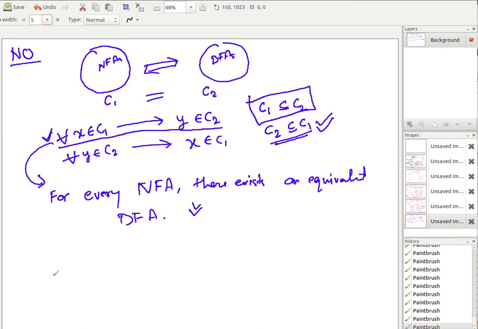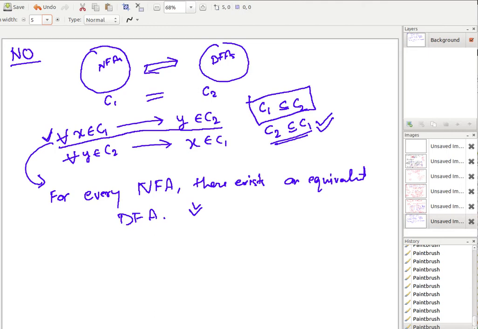All languages means for every NFA there is a language, for every DFA there is a language, right? So for all these machines, you keep expressing their languages and keep that as another class. So the class of all languages that can be expressed by DFAs, and the class of all languages that can be expressed by NFAs. If this set is the same, certainly that set will also be the same. So we have to prove that for every NFA there exists an equivalent DFA.